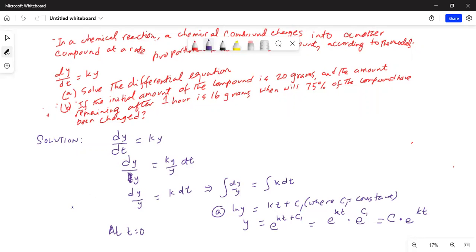Now at t is equal to 0, it has been given c is equal to 20. So we are into part B. Since y is equal to c times e to the power kt from part A, now we will